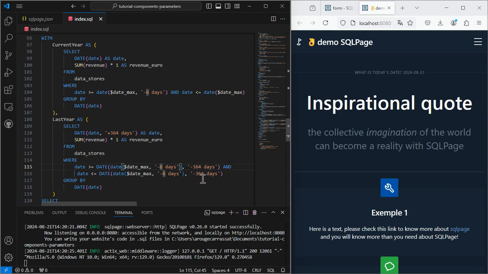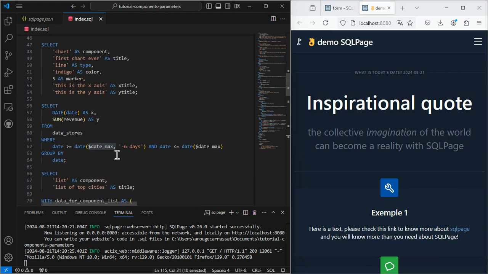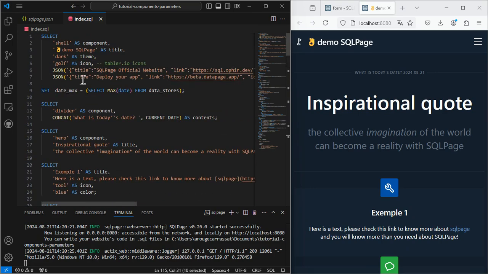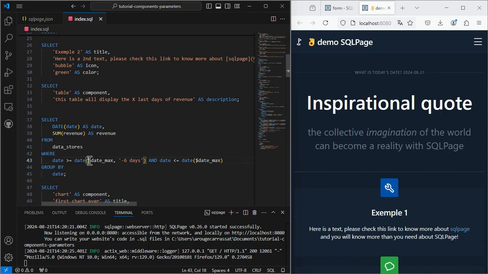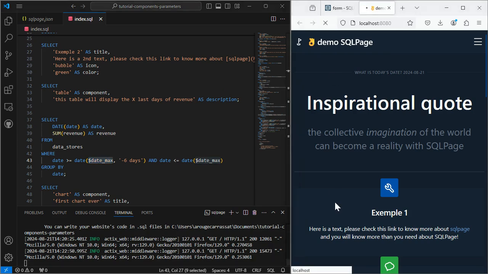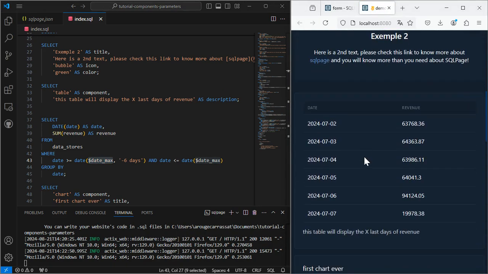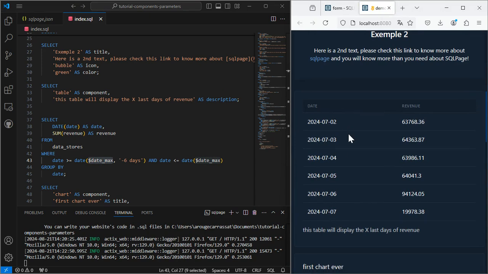Please note that in SQL Page, you access the value of a variable using a $ sign. So when we declare the variable dateMax, to access this value, it's with the $ sign before the variable name. Let's refresh the page to see if the tables and graph display the last 6 days of data.